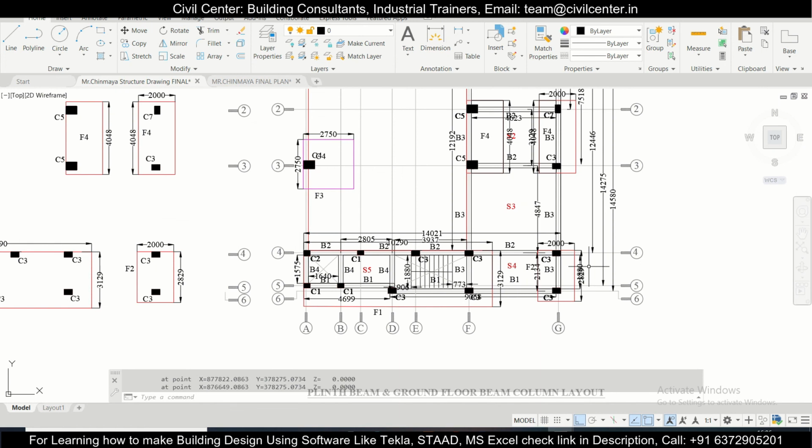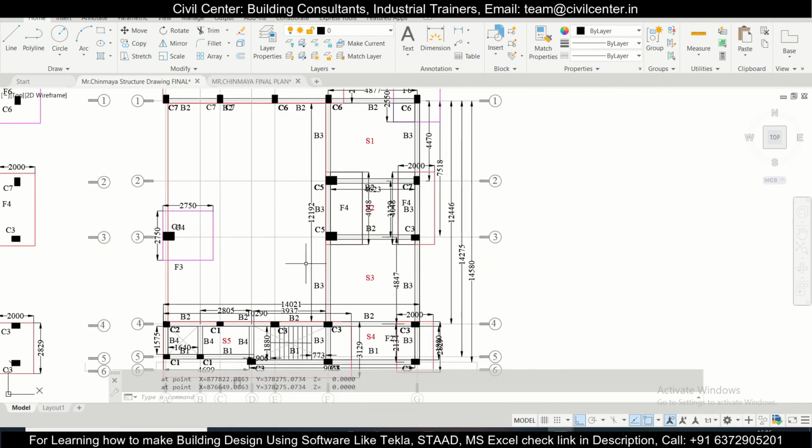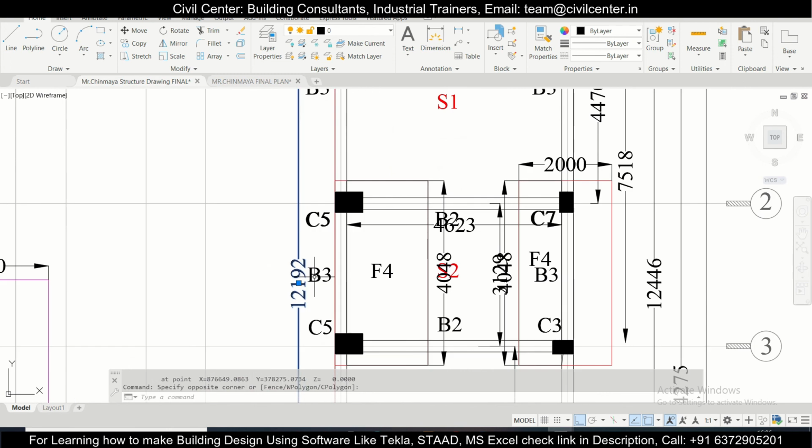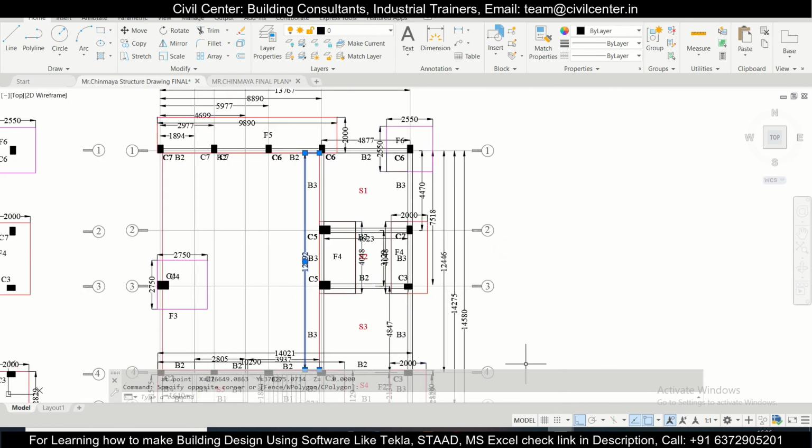So here you can see B3 along the periphery, what we have here, it's this one, that is 12.192 into 2.